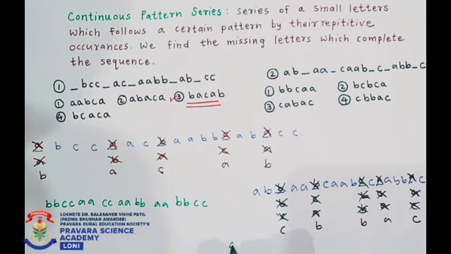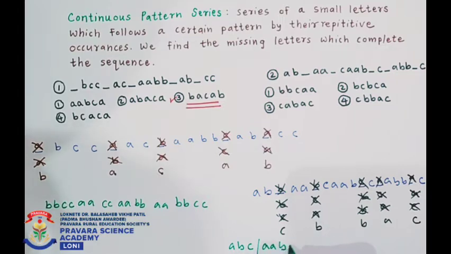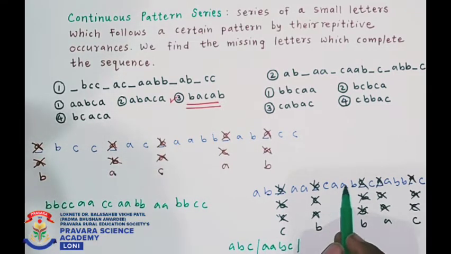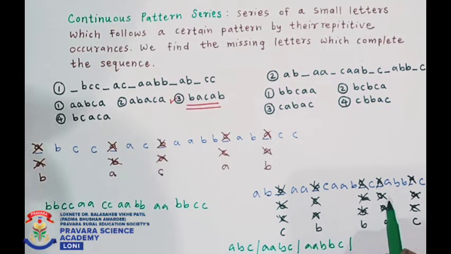First there is ABC, then there is AABC, AABC, then AABBC, AABBC, then